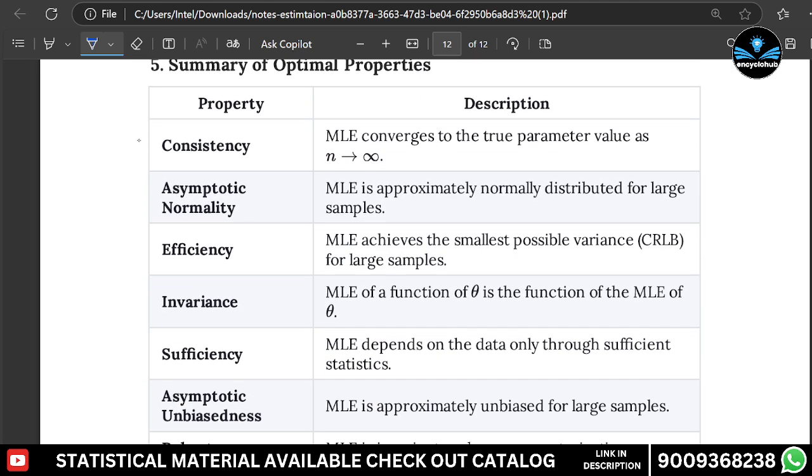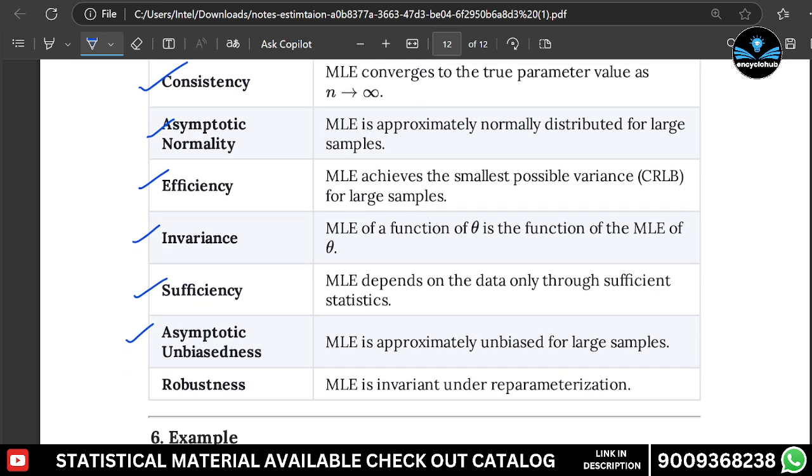तो हमने कई सारी प्रॉपर्टी पढ़ी, consistency, asymptotic, efficiency, invariance, sufficiency, asymptotic unbiasedness और robustness।